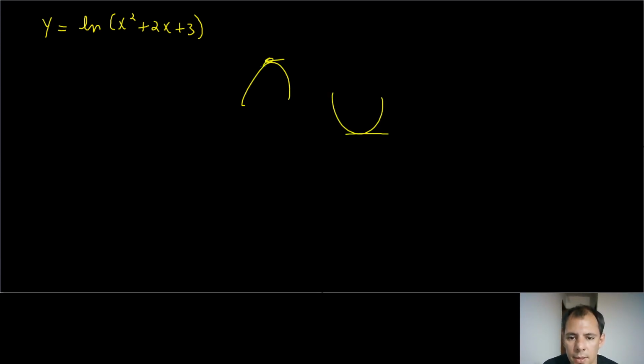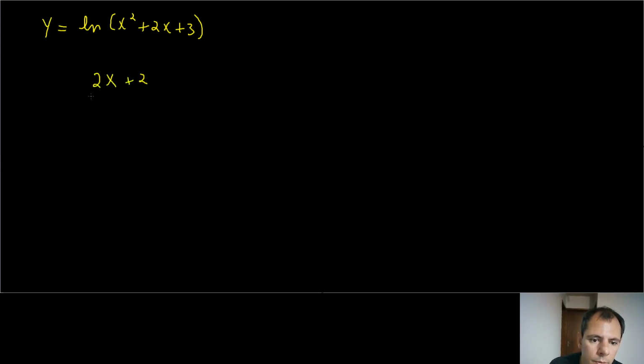In these points, the first derivative is going to be 0, right? So we differentiate, and it's going to be 2x plus 2 divided by this thing, which is x squared